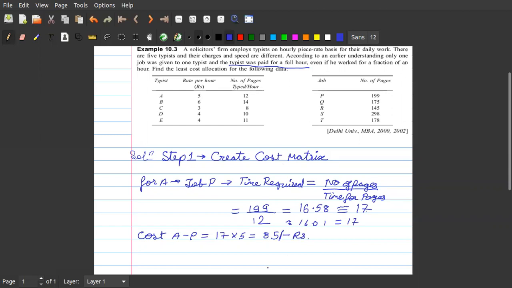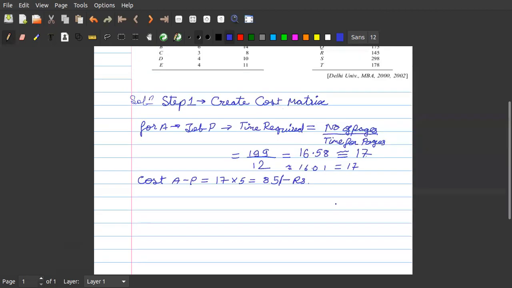Correct? This is the way we are going to calculate the complete matrix. So let us say we have a matrix of 5 by 5, which will have typists A, B, C, D, and E.